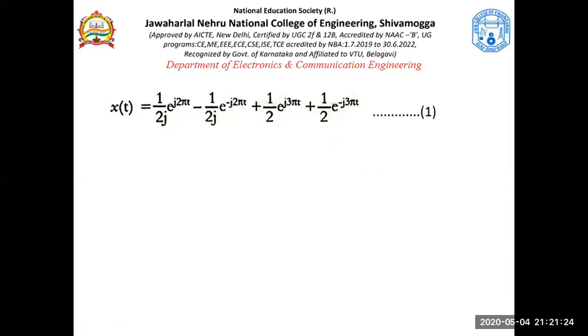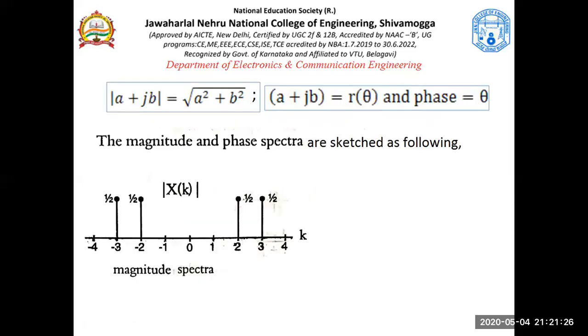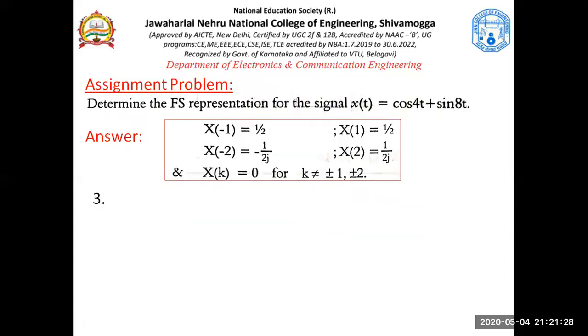Fine. Now let's move on to the next problem, that is this. Very similar problem. So that's why I've given that for assignment. Cos 4t and sin 8t. So it's a sum of the two sinusoidals. What is omega naught? First omega naught 1 is 4, omega naught 2 is 8. What is the GCD, greatest common divisor? You try to get that. The answer is there anyways, so you know what to get.